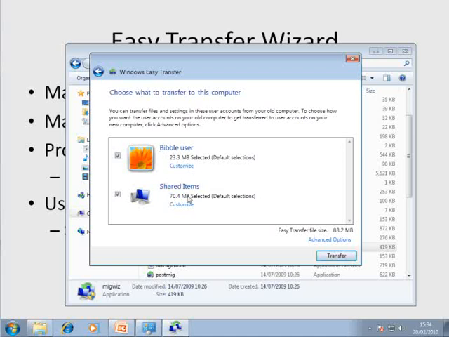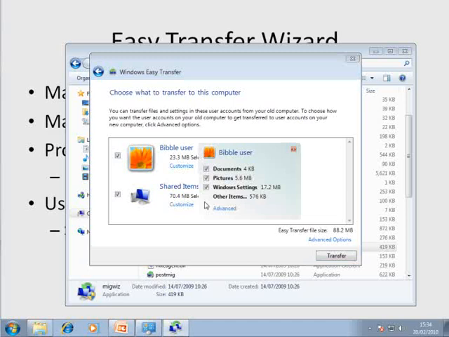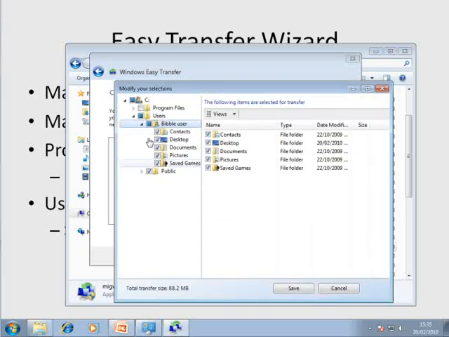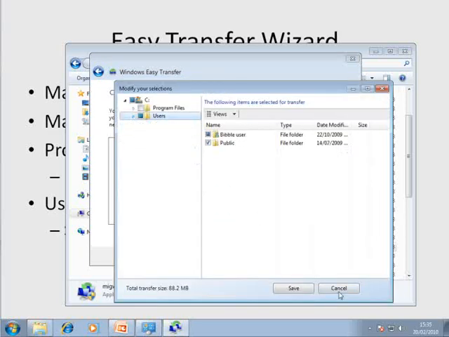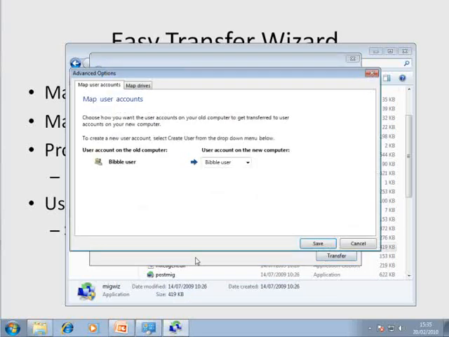If I click on Customize, exactly the same options as I had when I chose to do the export, I can go in and I can pick what I do and don't want to be restored. Under Advanced Options here, this is where we've got the two options for mapping user accounts. So in this case, Bibble user, if I had multiple accounts on this machine, or if I wanted to create a new user,